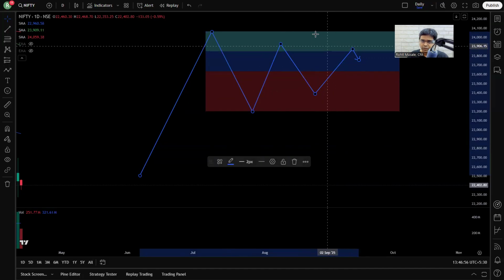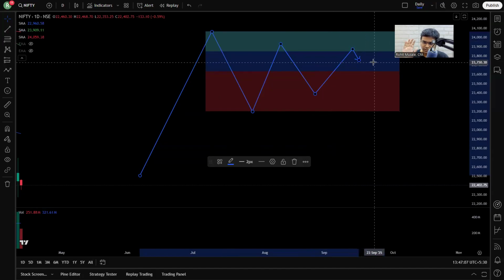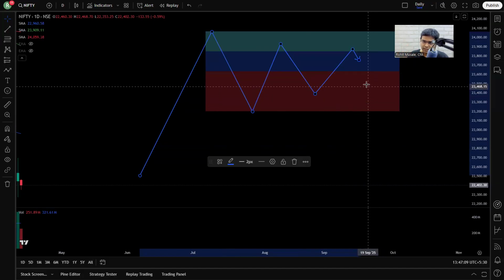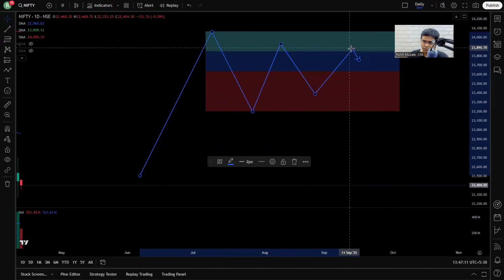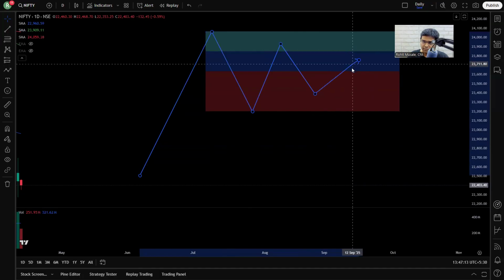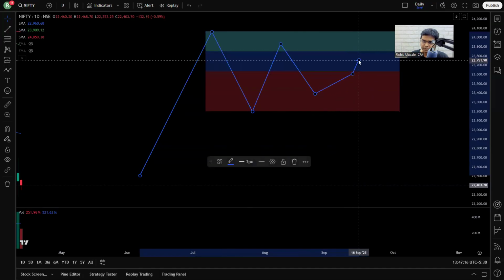Okay. So, the green zone represents the upper quarter of the base. I have divided the base into 4 different quarters. The green zone is the upper quarter of the base, the blue zone is the second quarter of the base, and the red zone is the lower half. So this is the buy point, right? So if the buy point is here somewhere,